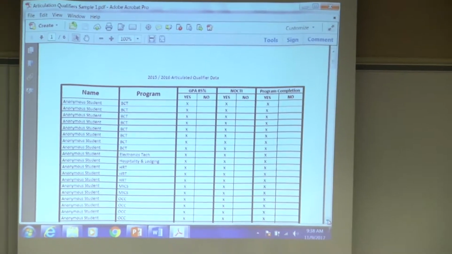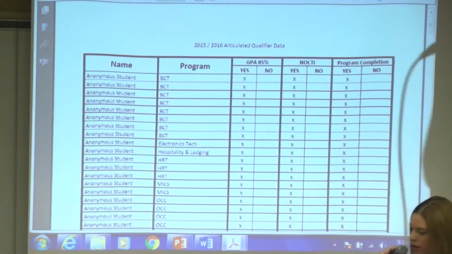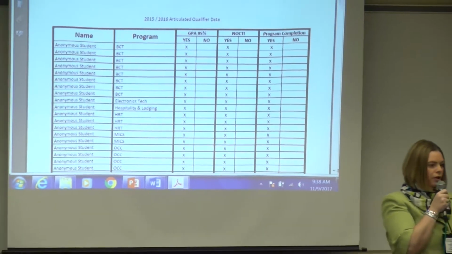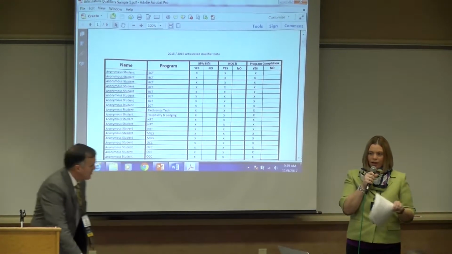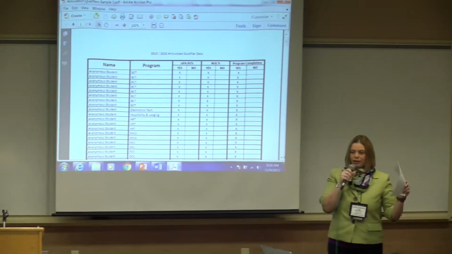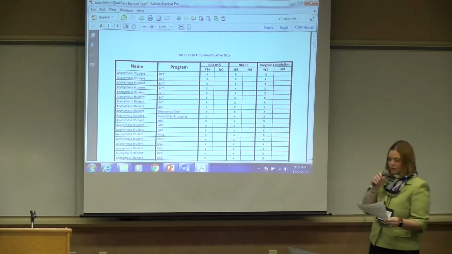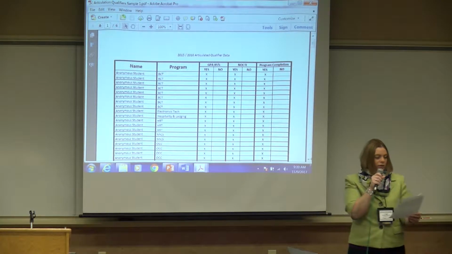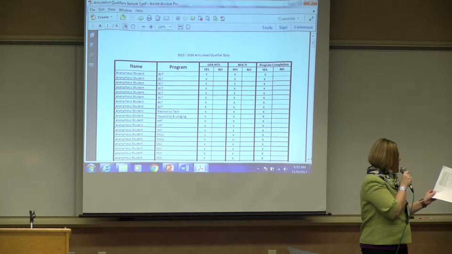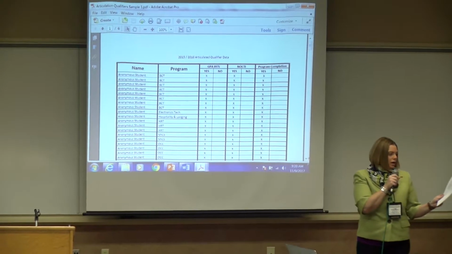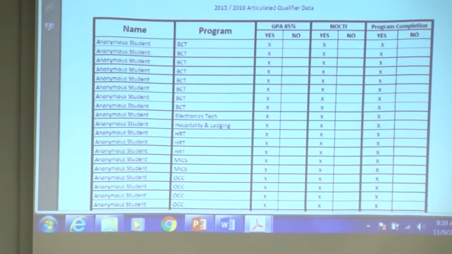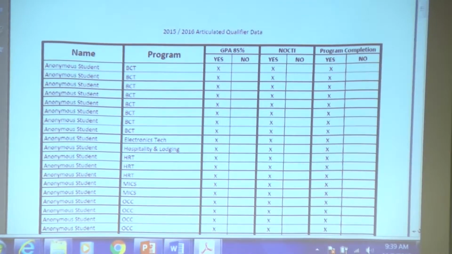You should have a handout there. The very first page of the handout, for the 15-16 school year, was simply me over the summer looking at data. I had not had any conversation with teachers about this. I didn't want to make too many changes my first year as an administrator. On the first page, 15-16 articulated qualifiers, I took the students' names out. You can see the programs, and there's an X in the columns for yes, that they mastered the 85% NOCTI or NIMS, and that they completed 100% of the program to the mastery level. So we had 22 qualifiers that year. When you flip over to the next page,